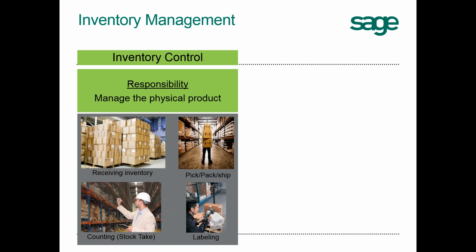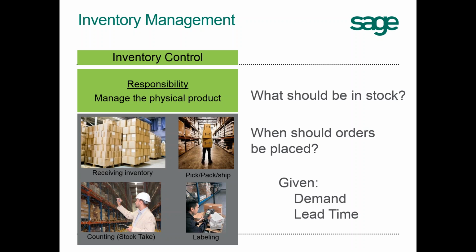And you absolutely need a system to keep track of that level of detail to manage your inventory. But that system doesn't necessarily answer the question, what should be in stock? Again, lots of details on what is in stock, what is on order, vendors, but to determine what should be in stock, given the demand for the items, given lead time from the suppliers, compared to what is in stock, most of our customers have to make those decisions outside of Sage 100, usually in some kind of a manual tool, report, or spreadsheet, and that can not only be a daunting task, but it can result in some real